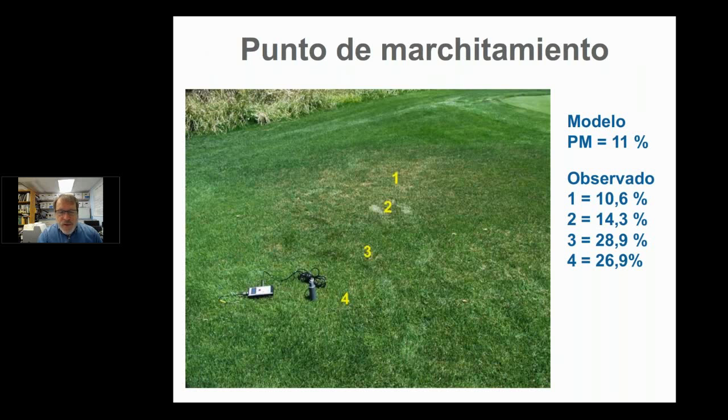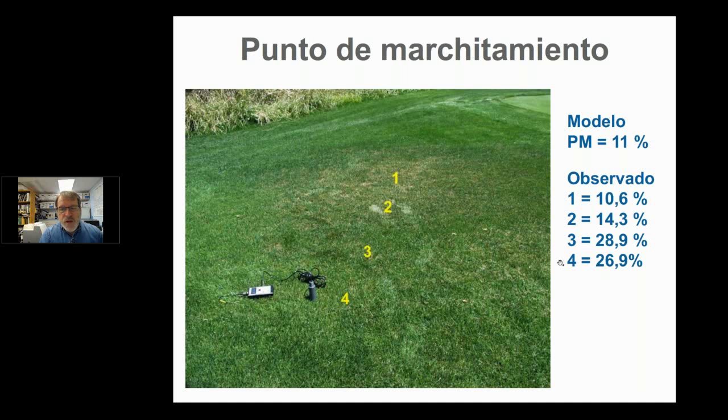This is a soil moisture meter. It's a capacitance soil moisture meter, and there's lots of new ones out that you can use. And we measured soil moisture at the number 4, number 3, number 2, and you can see footprints where number 2 is located, and number 1, where you can see clearly there's drought or there's some kind of turf stress going on here. Well, what we observed is that at 4, this place where it looks like the turf is healthy,